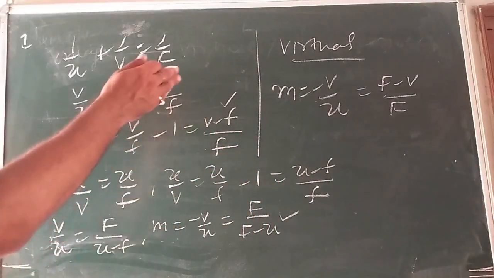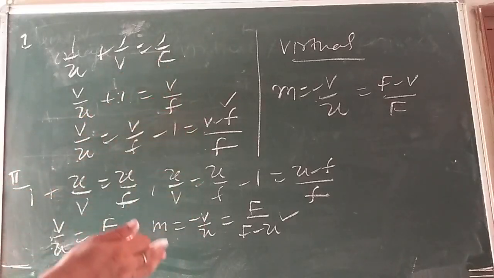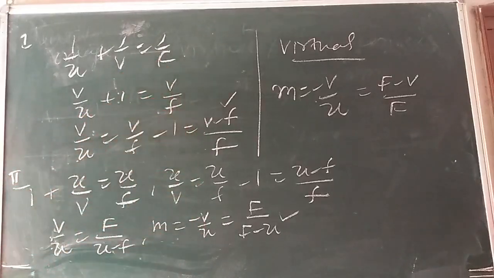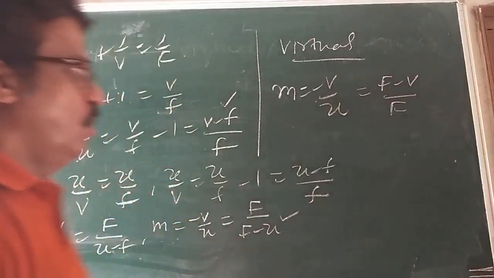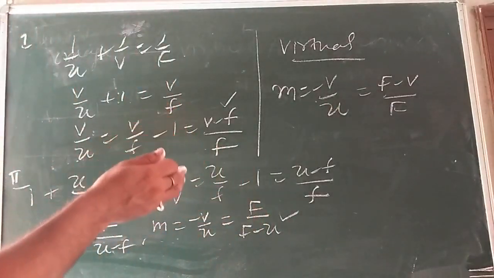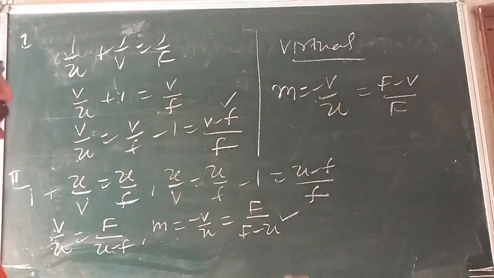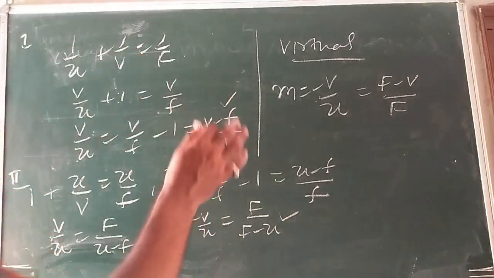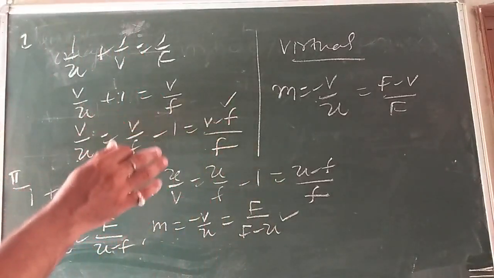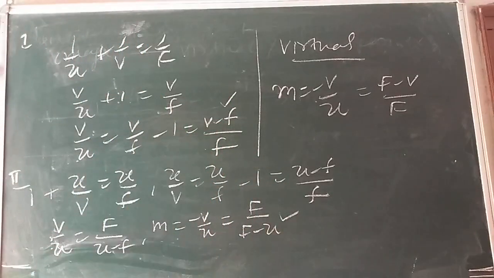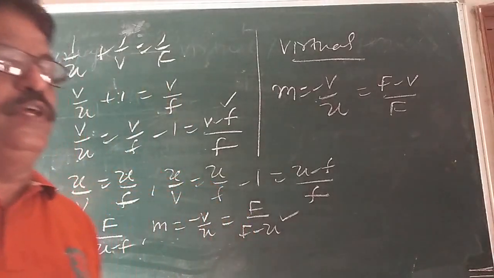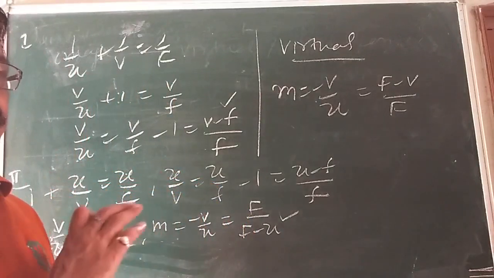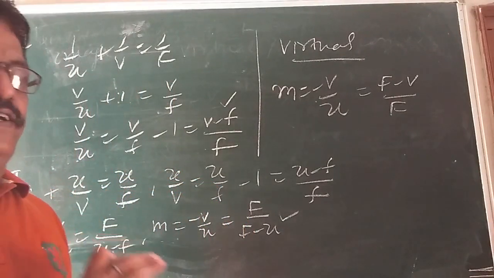So what are the uses of convex mirror? The convex mirrors are used as a reflector in a street light, or we can use them in vehicles or scooters. While the uses of a concave mirror are shaving mirror, headlight mirror, all are the uses of these two mirrors. So today it's complete.